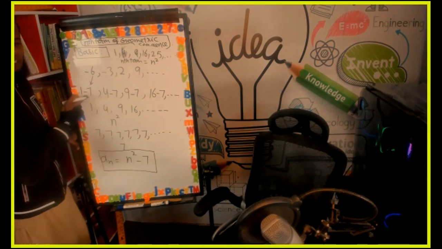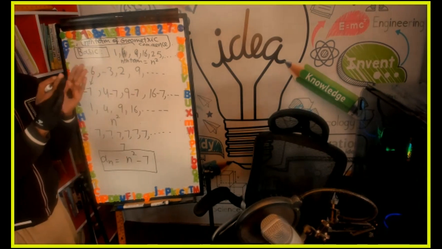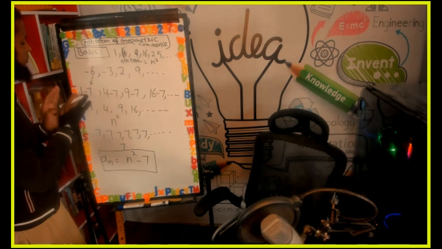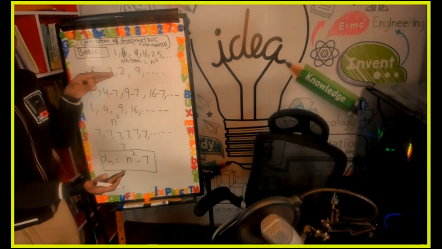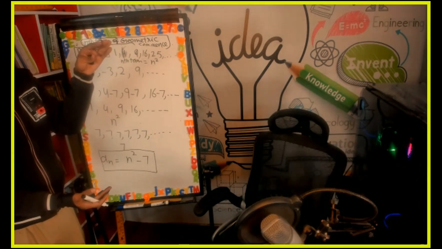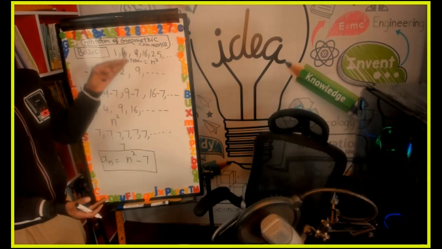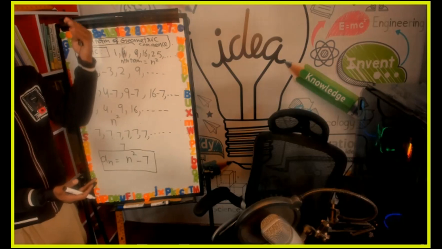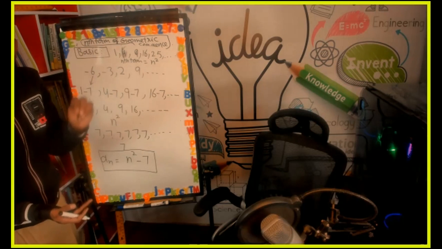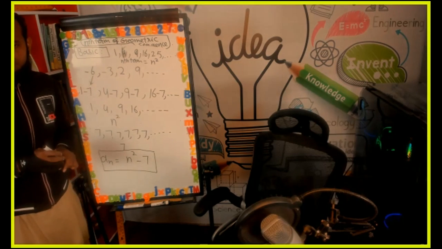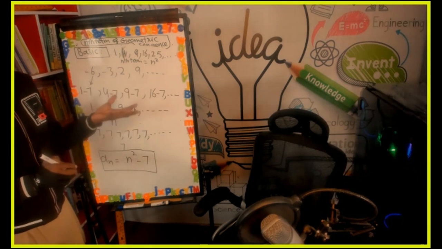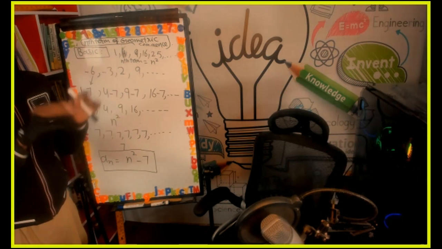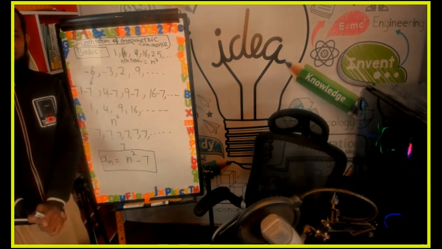When there is addition, we add the general terms of both sequences. When there is subtraction, we write minus. When there is division, if the first sequence is in the numerator and the second in the denominator, then we also divide their general terms. When there is multiplication of two sequences, we multiply the general terms.